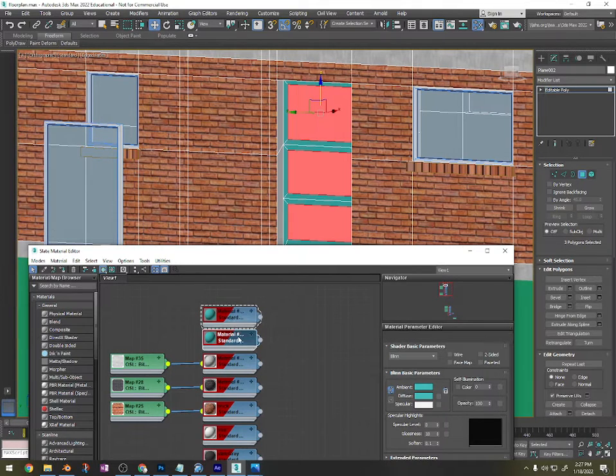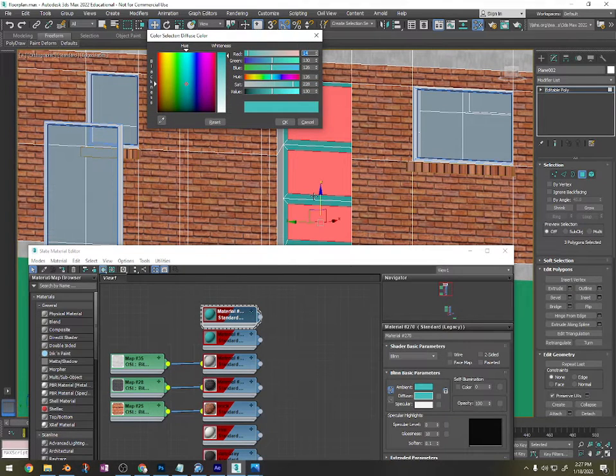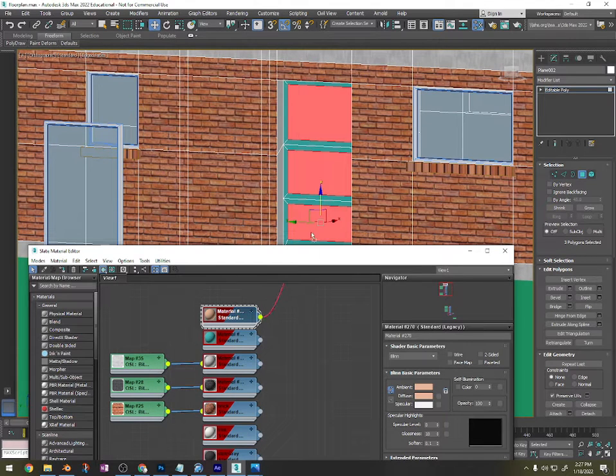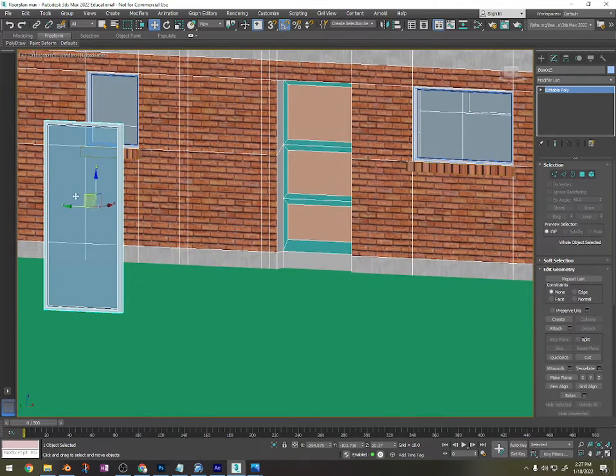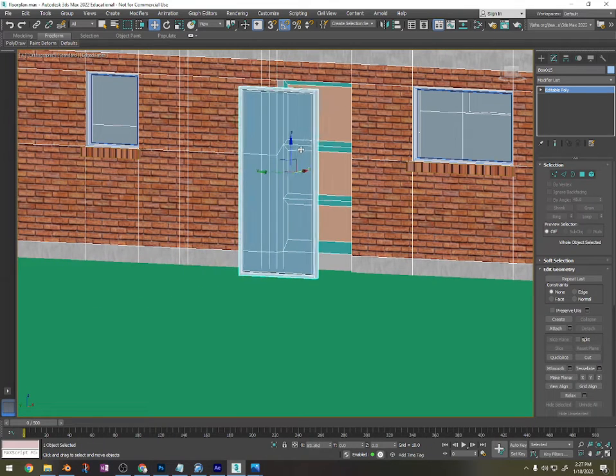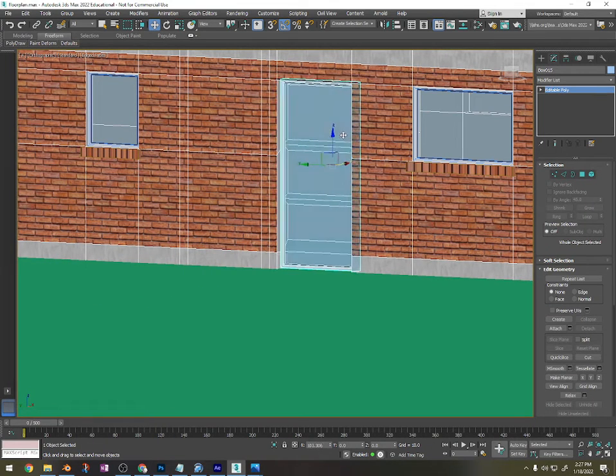So what I did right there, I had a material selected and I moved it while I was holding shift, so it dragged a copy of it. So I'm going to double click that new selection, double click on the diffuse button, and I'm just going to move the dials around until I get a color that is similar to that wooden color, kind of a peach color, and drag it on here, even though I know that that's probably hideous. And I'm going to click this button here to get out of the door, and now I'm going to go and move this storm door back into place